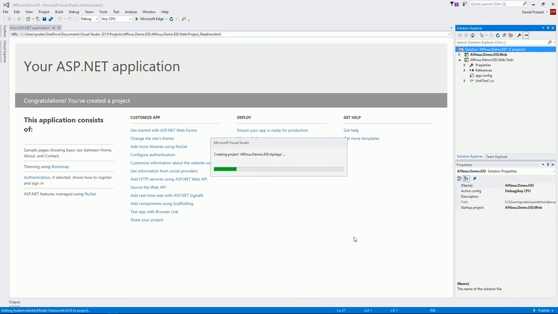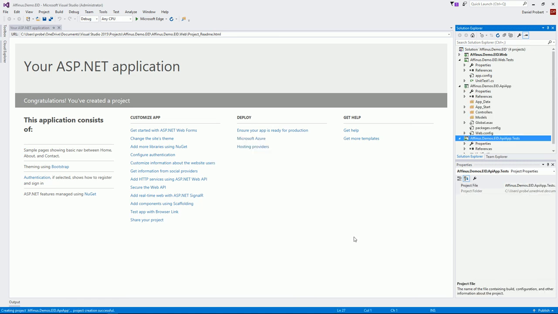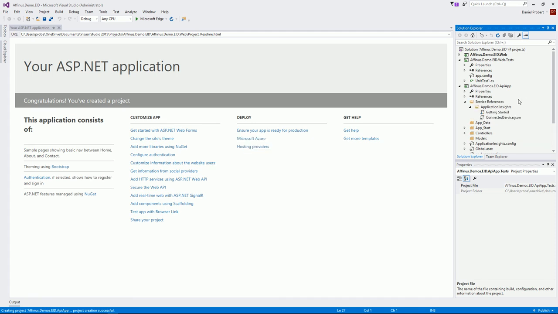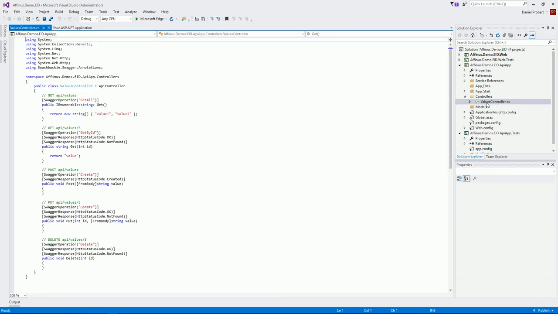As mentioned before, when you choose the option to host it in the cloud, all that does is bring up the publish dialog for you straight away. So now it is adding the new project. Now the project is very, very similar to the web app one we created earlier. The only main difference in here is we go to controllers. This is all the sample code,